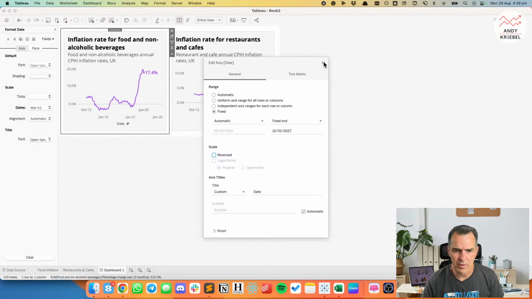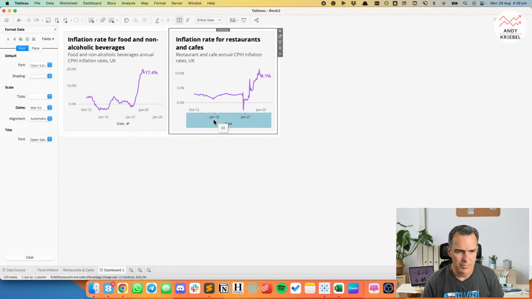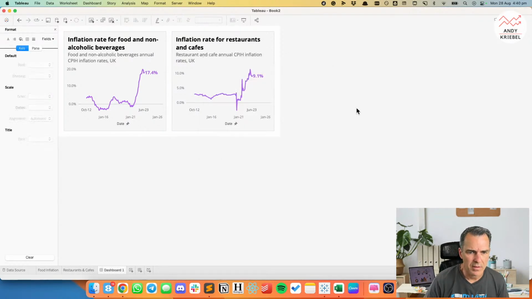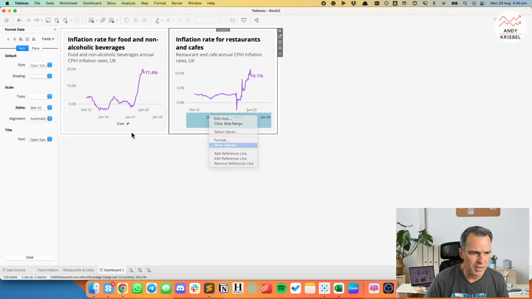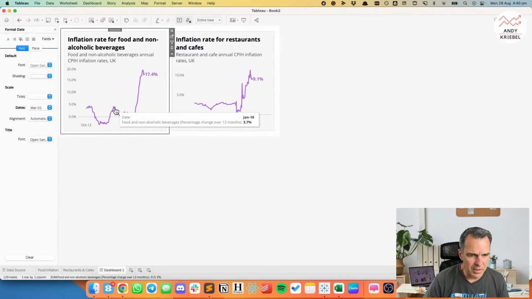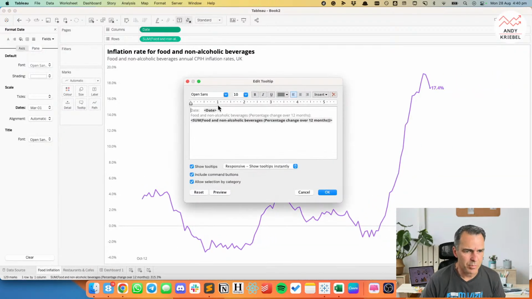So let's just try 2027. Okay, yeah, so that looks better. And now I can hide the headers again. And my labels, so how do my labels look? Yeah, they're okay. So let's go back here and clean up our tooltips.